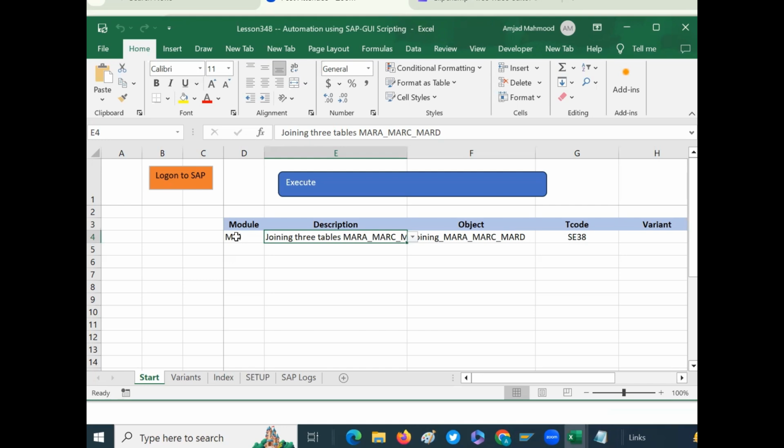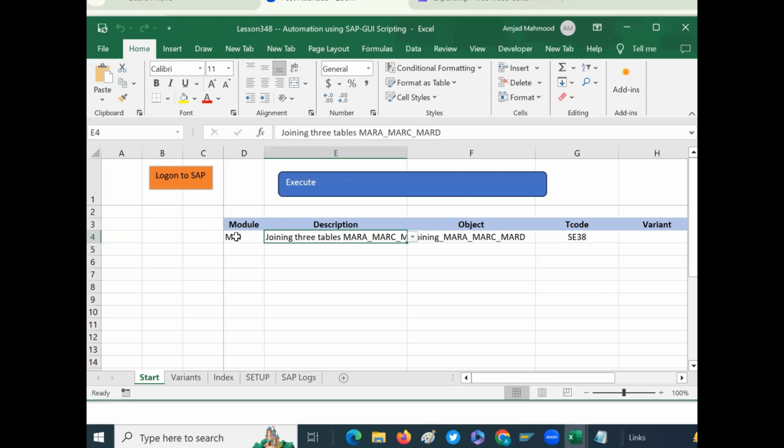So in this session, we will show you an example in which we will use three tables: MARA, that is the material master data table, in which the material number is the key field, right? The other is MARC, M-A-R-C. From here, we will get the plant information, right? And MARD, from here, we will get the plant-wise storage location, right? And we also use another table, that is EKPO, that is for the material document. All the material documents are stored in the table EKPO, right? So these are the four tables which are going to be used, and we show you how to develop a report